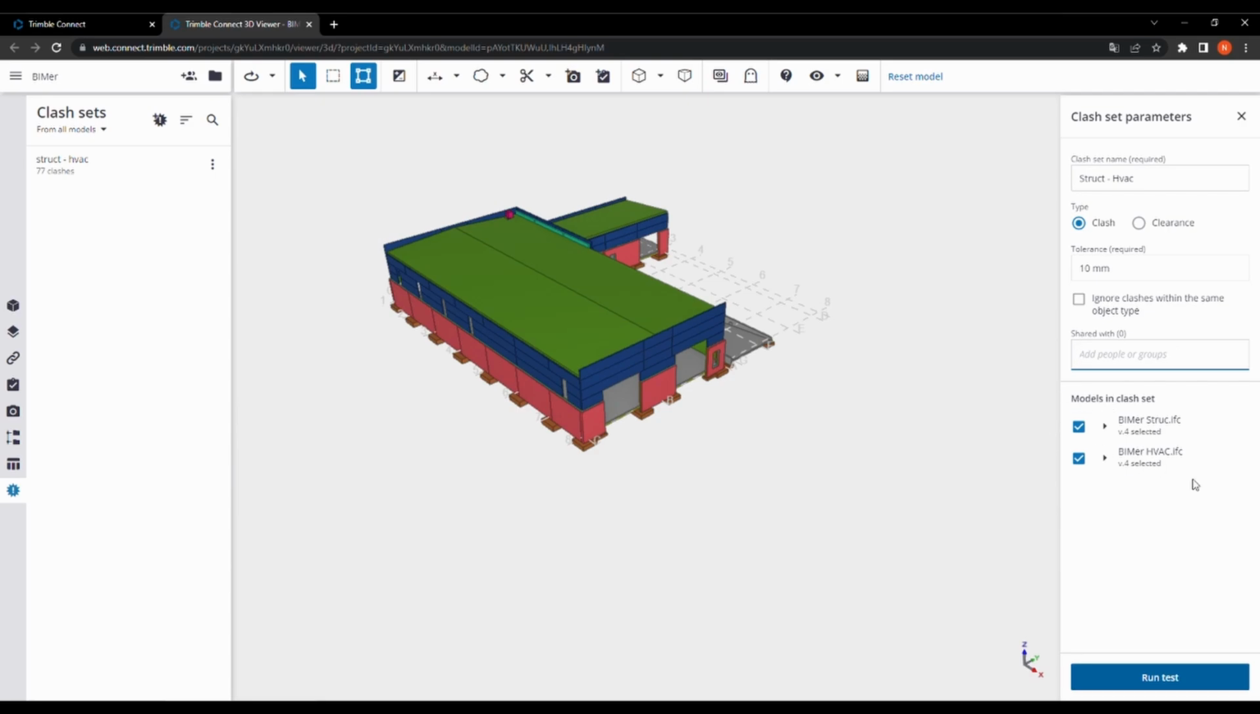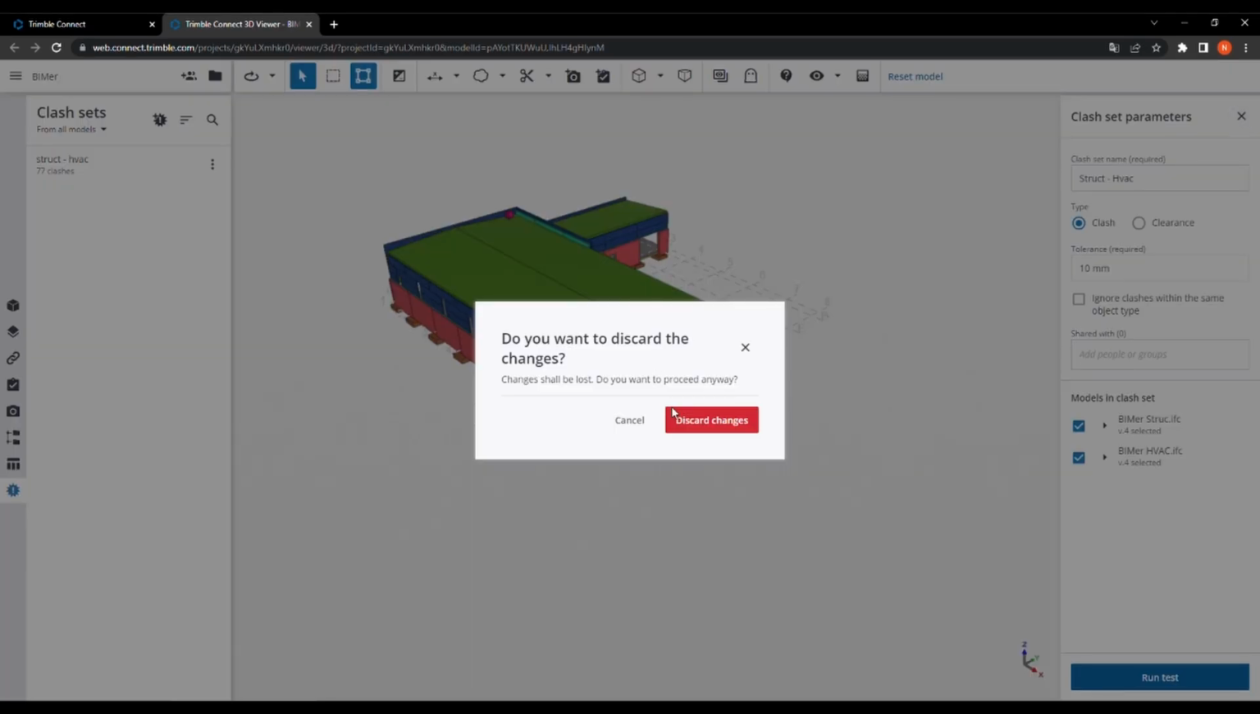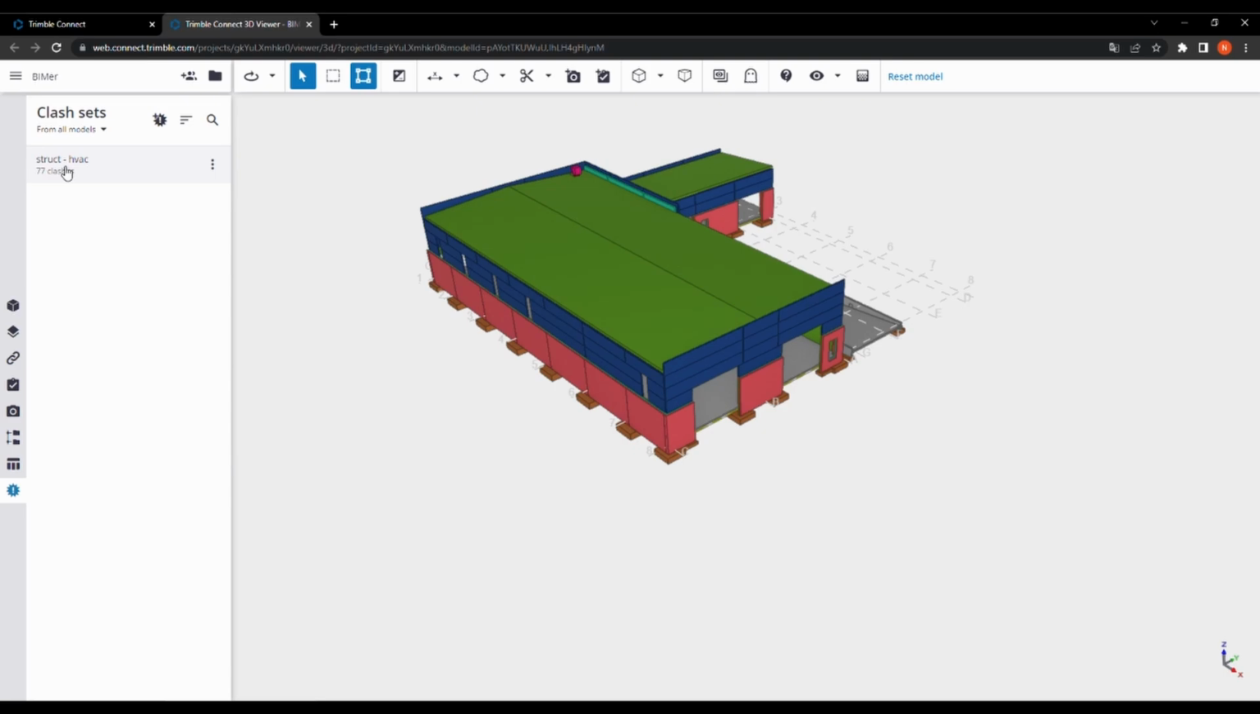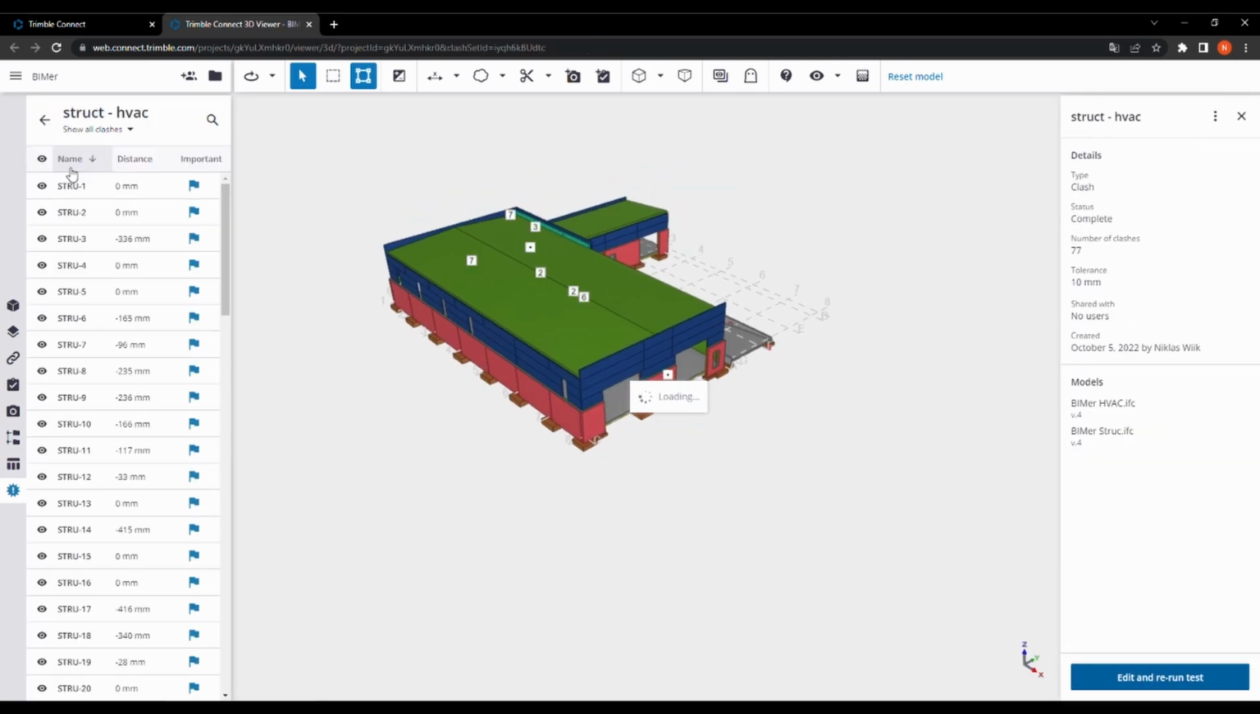And here it's selected the models we have already made visible in the model, and then it's just to run the test, and it takes a few minutes according to how big models you have. So I have already made one, which is here, and we see that I have 77 clashes, and I think of course that is really much, but most of the times it's not that big of a deal. So we can see now when it loads in,